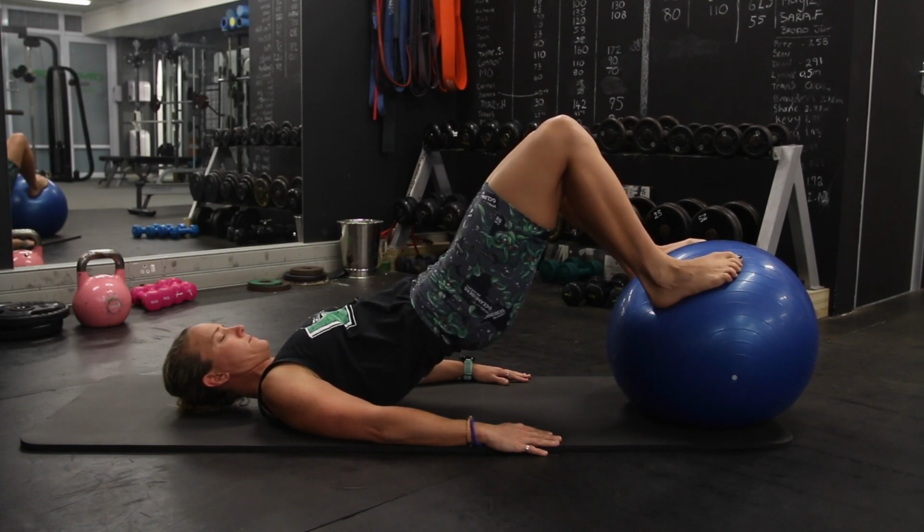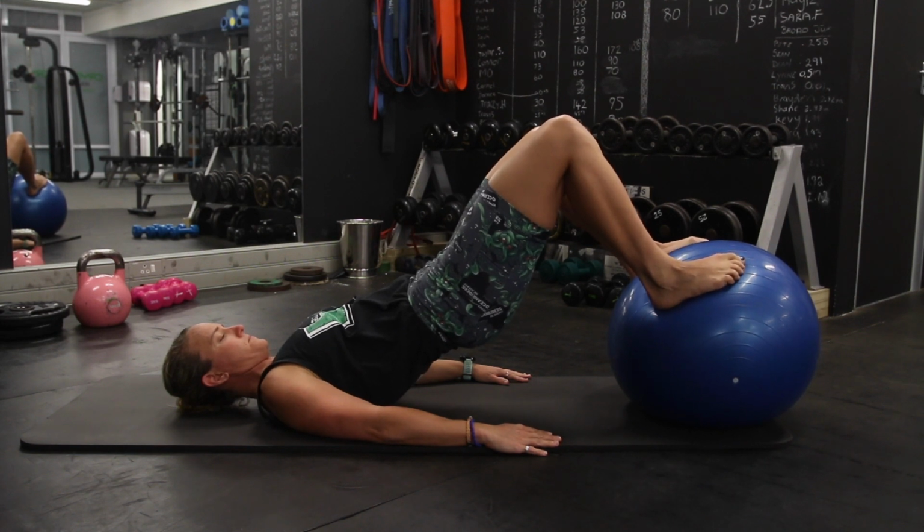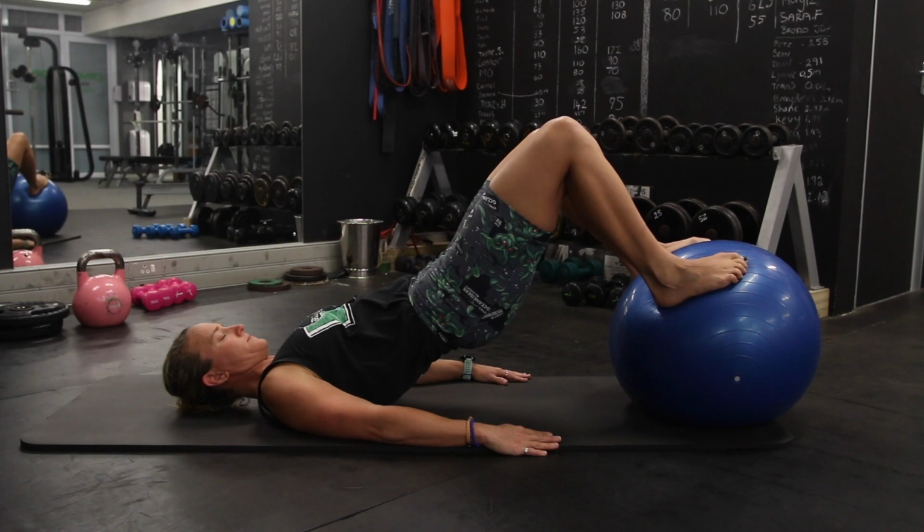So you're going to make sure your head's in a good position, your shoulders are nice and flat on the mat. You're going to activate your core and then imprint it as you roll your hips up to the sky, and then you're going to hold that contraction for 30 seconds. You should only be feeling this in your hamstrings and glutes. We're going to repeat these isometric holds for the first 2 sets,